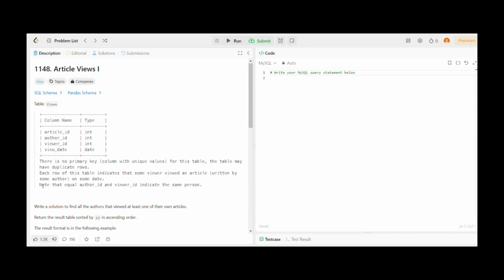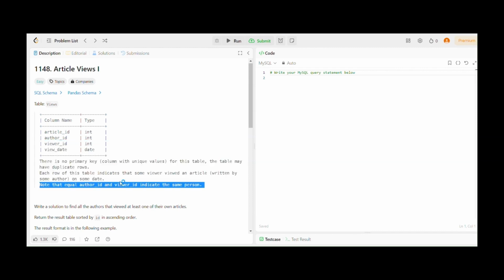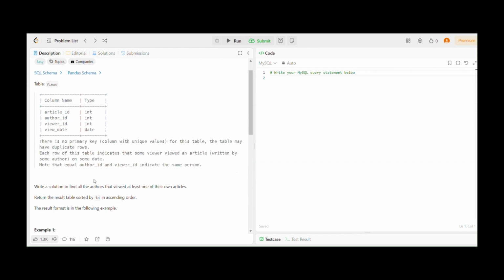Next, moving on, we have a note that the author ID and viewer ID are equal. That is the author ID over here, and the viewer ID is nothing but the same person. They indicate the same person that is mentioned over here. They are just distinguished by their IDs. So we have to find all the authors that viewed at least one of their own